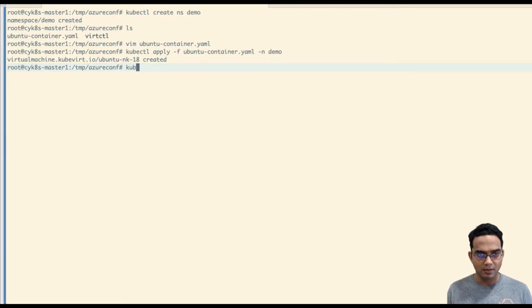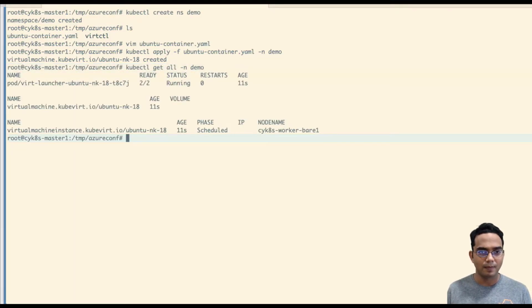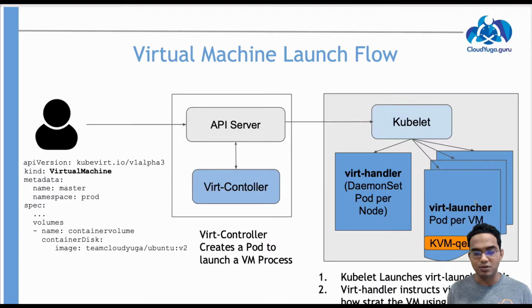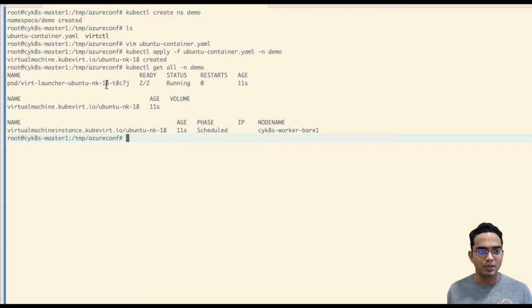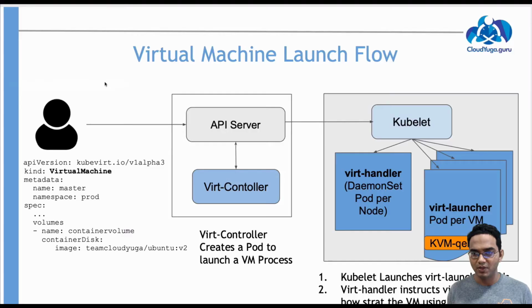So this would create the thing which I mentioned earlier. So let's look at kubectl get all -n demo. Okay, so here it is. So we requested to create a virtual machine. This created a virtual machine object. So here we are saying create a virtual machine for me. This would internally trigger to create a virtual machine instance, and as we can see, we have a virt-launcher running, which is here. So we are running a virt-launcher on the node, which is going to run our VM instance. That's how it is going to be.